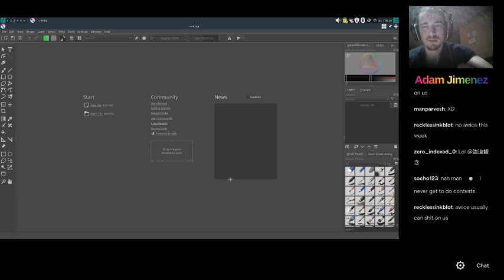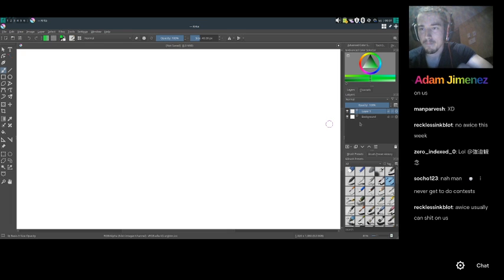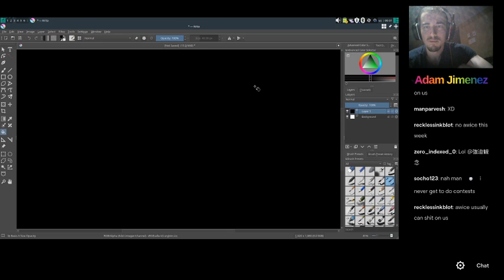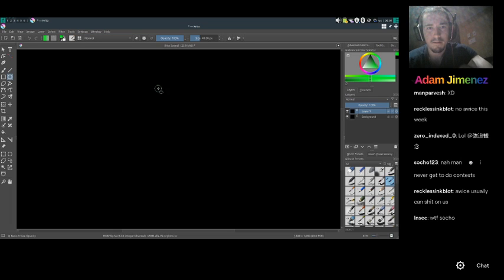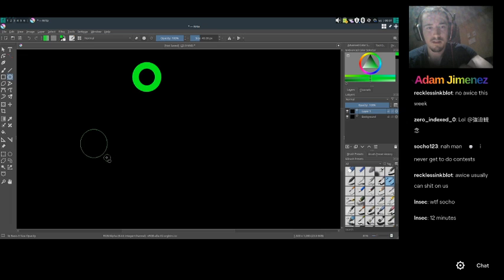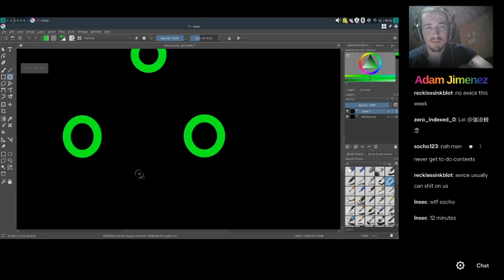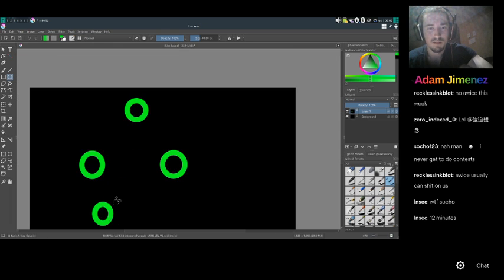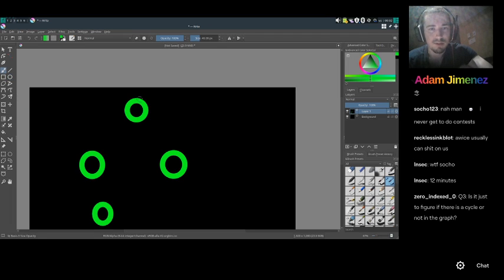Okay, so let's draw a tree. Let's say we have a tree here, and one last node here. Let's say we start on the root node.